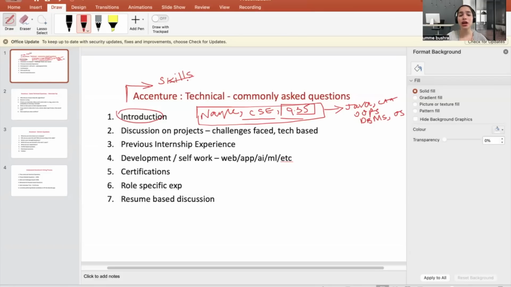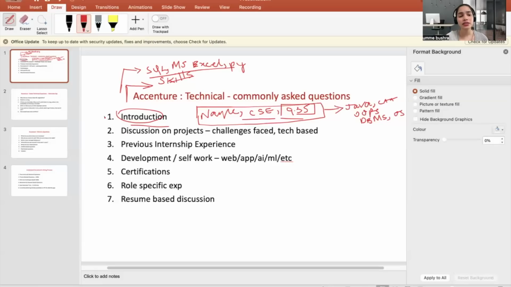So you always have to cover those points, whatever your skill set is. If you're getting hired as an analyst, then what does an analyst need to know? He needs to know SQL, MS Excel, or say Python. So whatever role you're getting hired for, whatever relevant skills you have, you can cover all of those under the introduction section. This is one of the major points that you have to cover under the introduction. This is how you're going to introduce yourself.